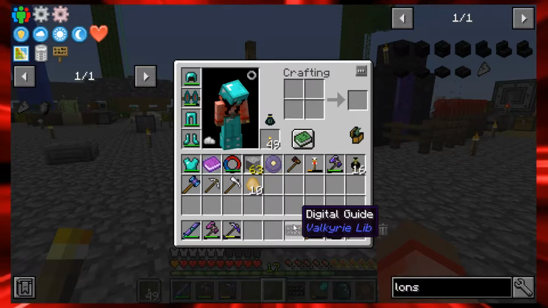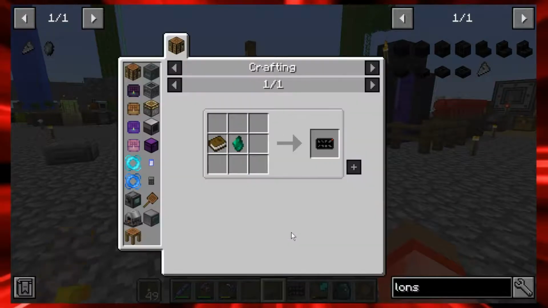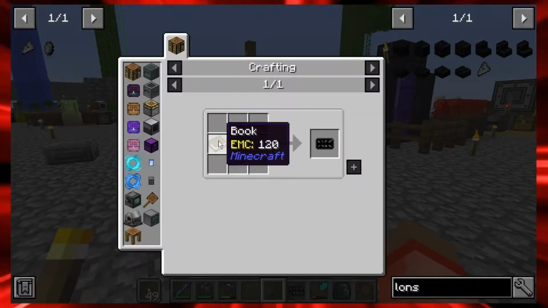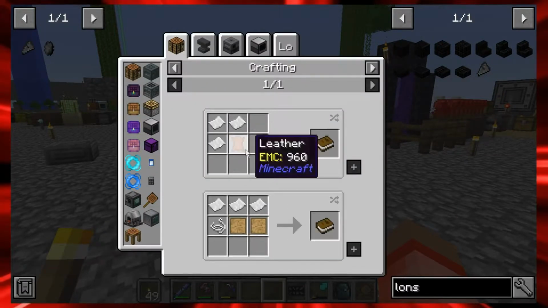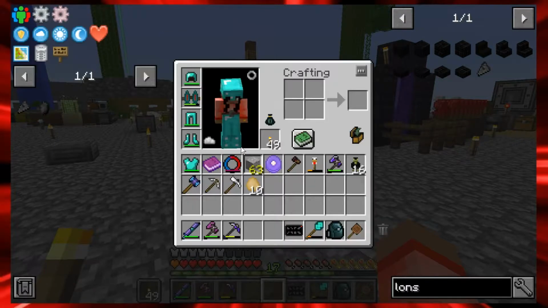If you don't have one, they're very easy to craft. If I hold R on it, it just requires a book, which everybody knows how to make by now, but if you don't, it requires 3 paper and some leather, and also requires a recipe, a litherite crystal. Litherite, it's hard to say, and that's what we're going to go ahead and do first,